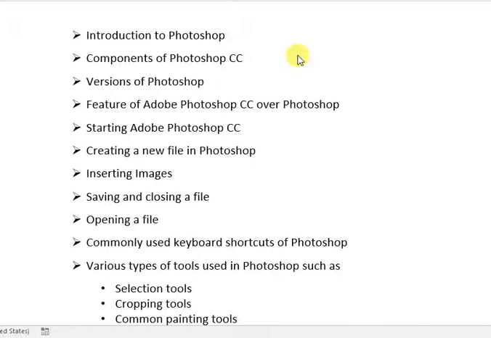That is Introduction to Photoshop, Components of Photoshop, Versions of Photoshop, Features of Photoshop, how to create a new file in Photoshop, how to start Photoshop, how to insert an image, how to open, close and save in Photoshop, commonly used keyboard shortcuts of Photoshop, and various other tools like the selection tool, cropping tool, and common painting tools.